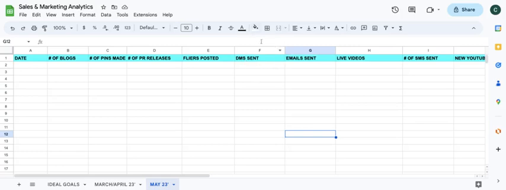And this could also be like, how many DMs did you receive as far as through a call to action? Then emails sent, how many emails did you send per day? I see a lot of businesses that send an email every single day with some type of offer, and there are businesses making millions of dollars just sending emails every single day. So this is emails sent.